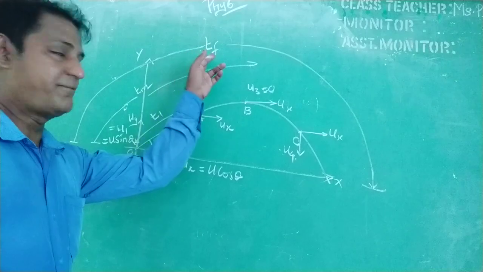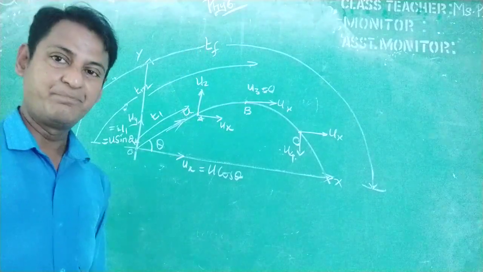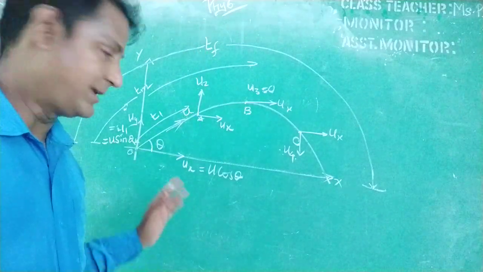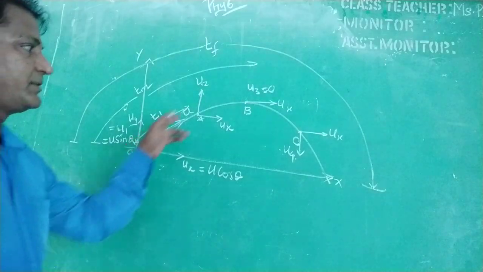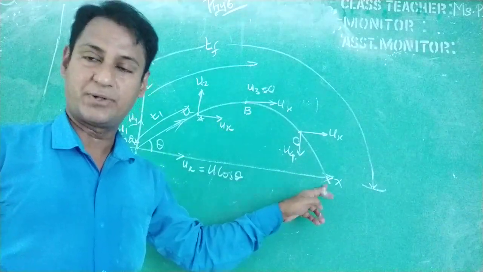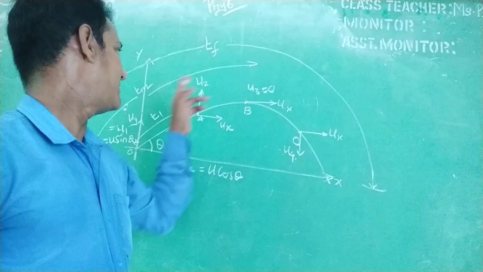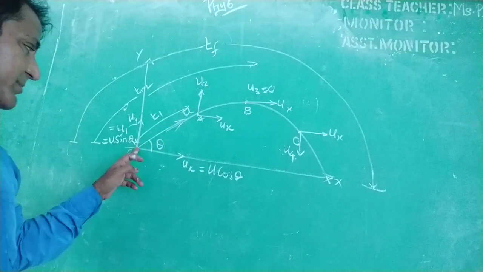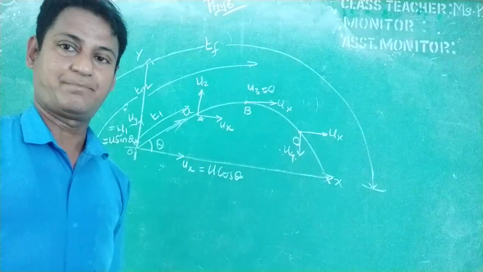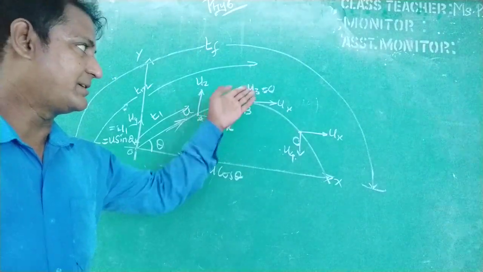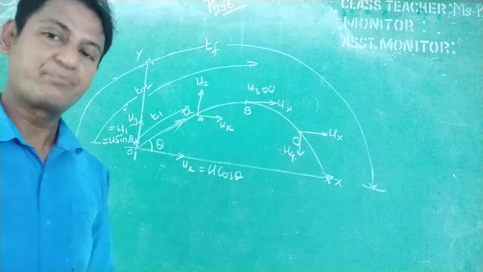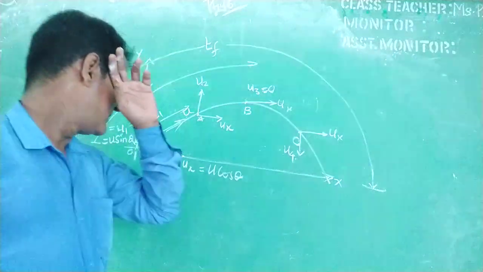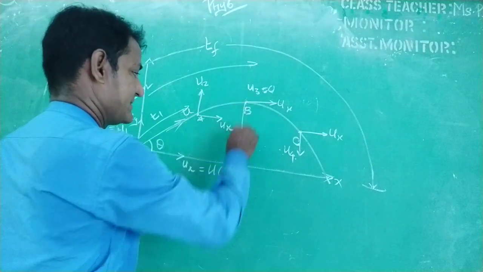So time of flight, t suffix f, is the total time taken by the projectile from the point of projection to the point where it hits the ground. And t_m is the time taken by the projectile from the point of projection to the maximum height, at which the vertical velocity becomes 0, right? Now, if this is the maximum height,